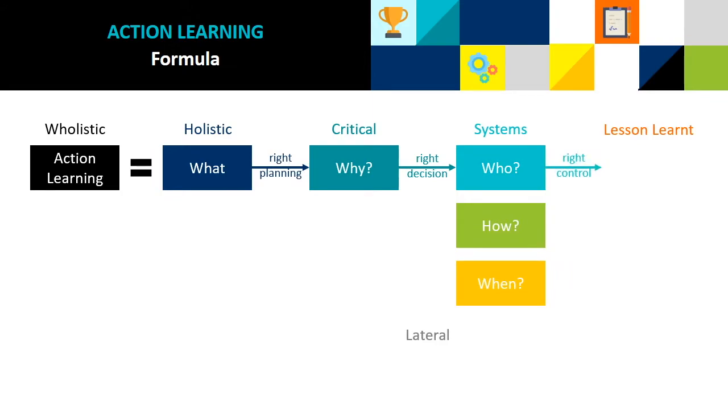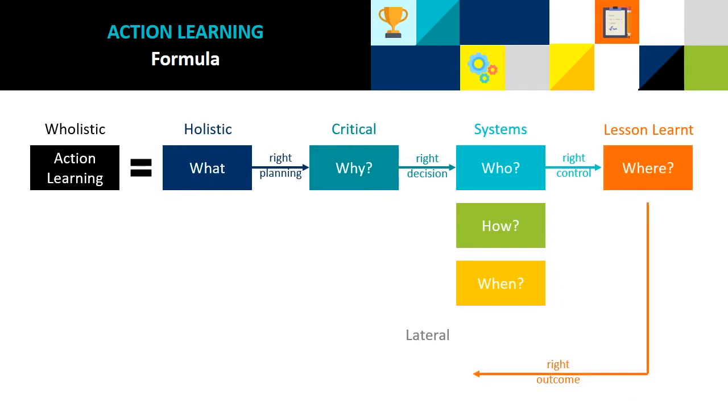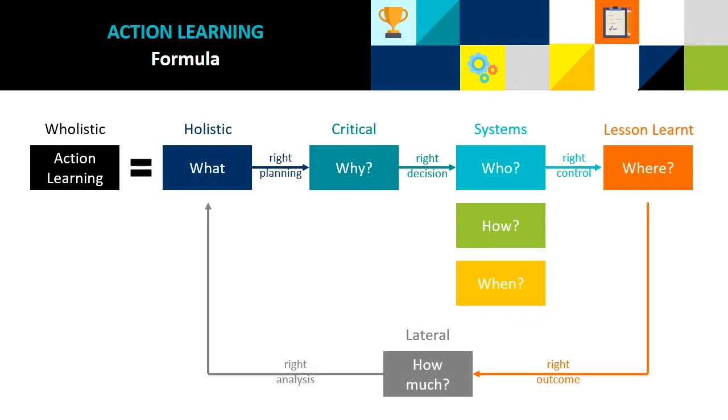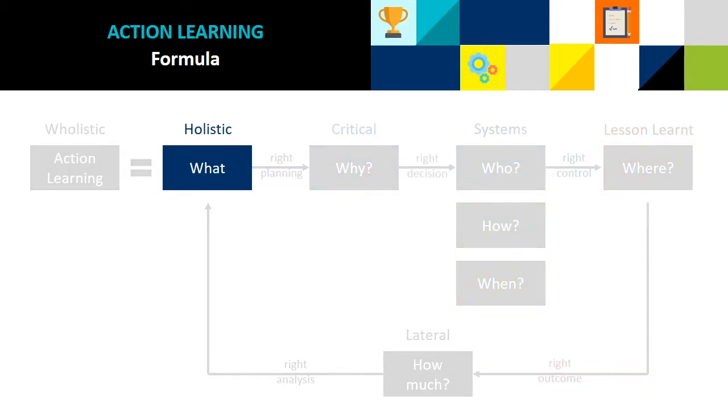However, I could not deny that some of my past plans had gone right and wrong. Therefore, I also need to answer the question where it will go right or wrong. After knowing all of these things, I can analyze how much improvement I should do in order to achieve my plan. Now, I will explain those 5 steps one by one, starting from what are my core competencies.